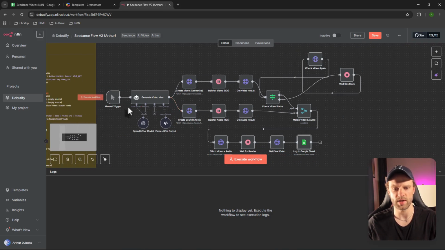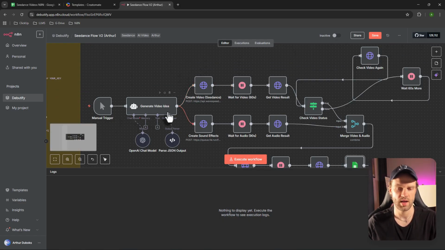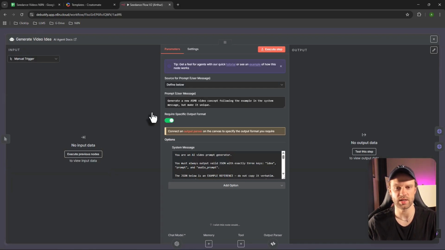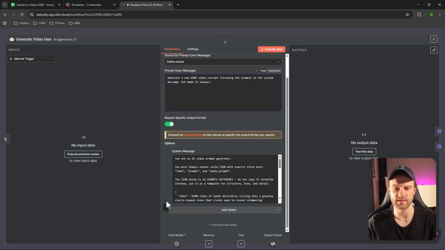So the whole magic happens here. Once you click execute workflow, it's going to trigger the entire workflow, okay? And we have an agent that basically does everything for us. So we have the prompt, okay? And the prompt is very simple: generate a new ASMR video concept following the example, right? So it's going to be dynamically generating new concepts and ideas, and it will be using this reference system message,